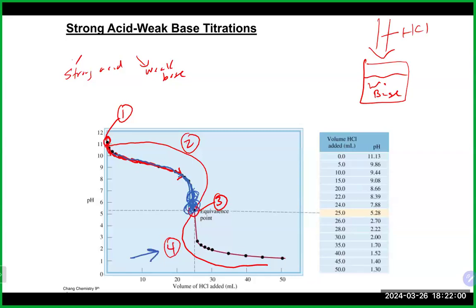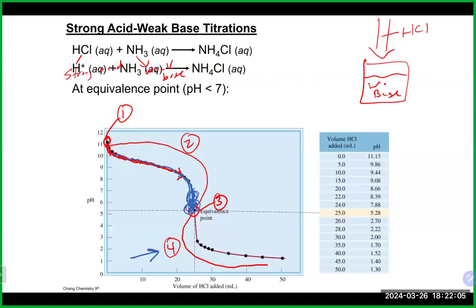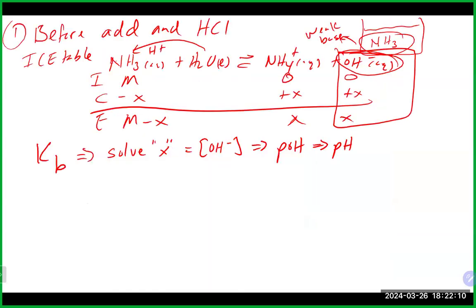Other questions? All right, so that leaves us here, number 4, speaking of blowing right through the equivalence point. Let's talk about what happens at this stage. And as you can see here, at the equivalence point it's about a pH of 5 point something, I think, which is definitely acidic. And so at the 4th spot, after the equivalence point,